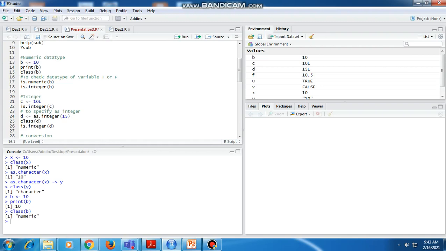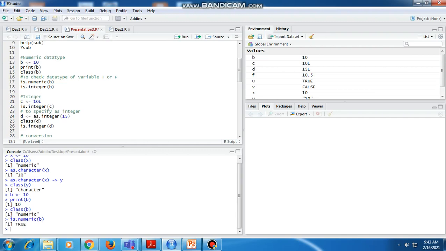Now to check whether it is a particular type of data or not, using true or false, there is a command is.numeric. So is.numeric(b) checks that b is numeric, because 10 is considered numeric and not integer.